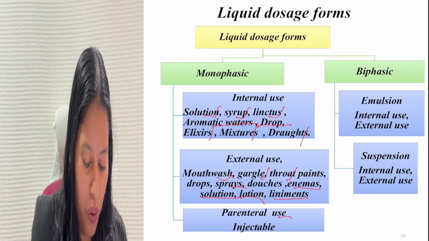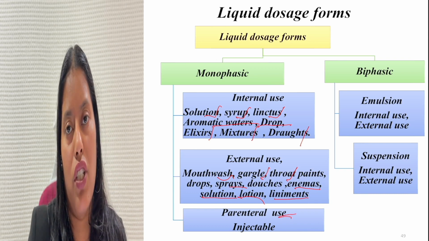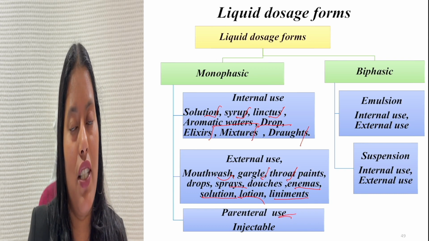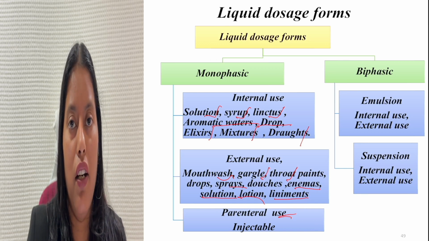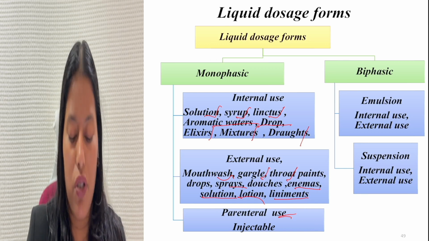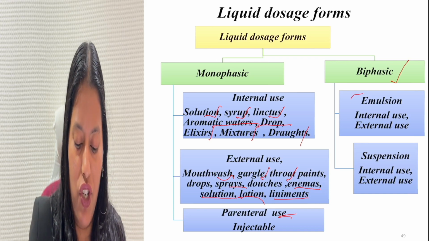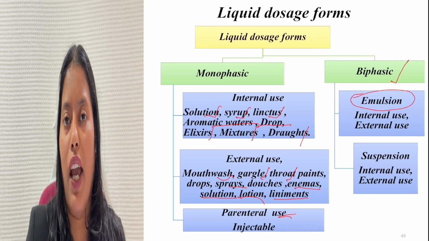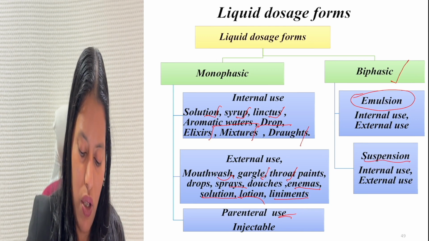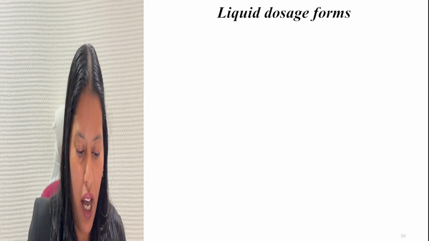And for parenteral use, there are various aqueous injections and various oily injections, which are also parenteral formulations and liquid dosage forms. And in case of biphasic dosage form, you have emulsion, which can be used for internal or external purposes. Suspension is also for internal use and external use. Next you have